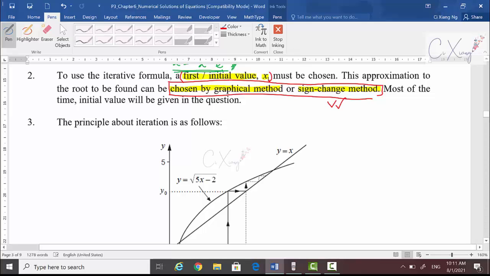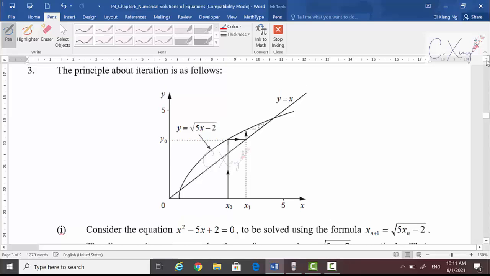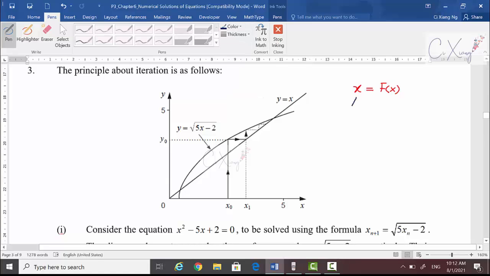Okay. All right. So now the principle about the iteration formula, this one will not be tested in the exam, but if let's say you want to know how can we get the root, then you can have a look for the simple explanation here. So iteration formula, as what I mentioned just now, the pattern is always x equals to something else on the right hand side, right? Okay, so generally what they do is like they try to sketch